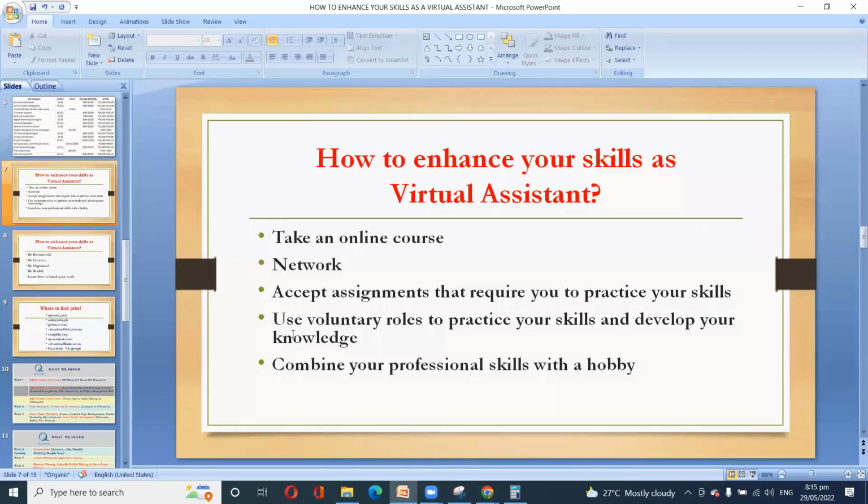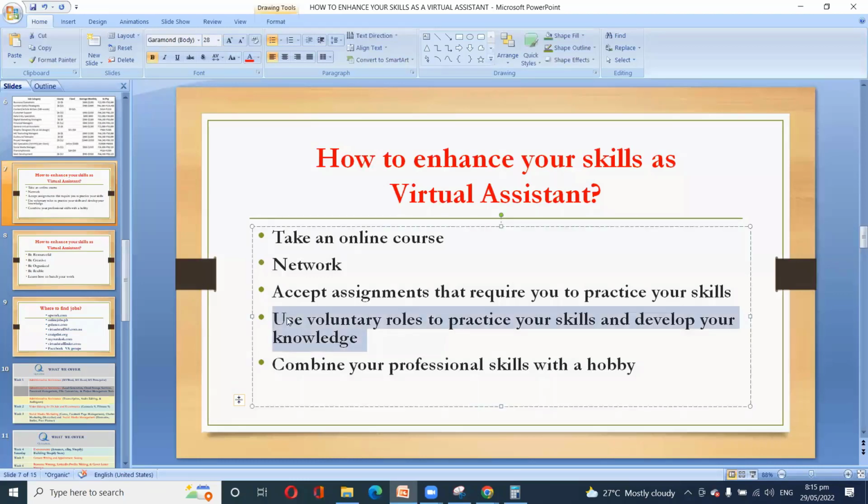Next, use voluntary roles to practice your skills and develop your knowledge. So, example, nag-apply ka ng trabaho. But sometimes, client will tell you, oh, I will give you a trial for 2 weeks just to let me know if we are fit for the job or if you are fit for the job. Now, don't refuse that. Just accept even if it's free,